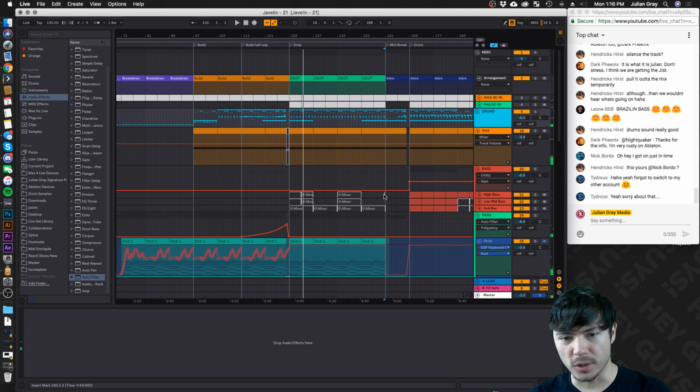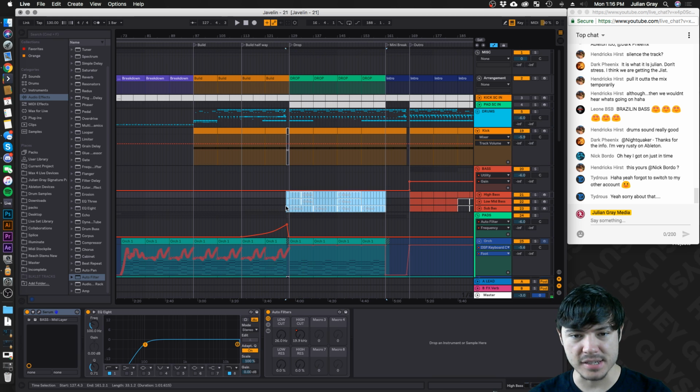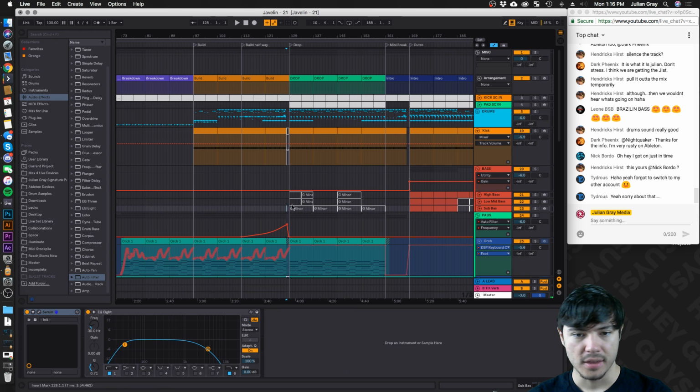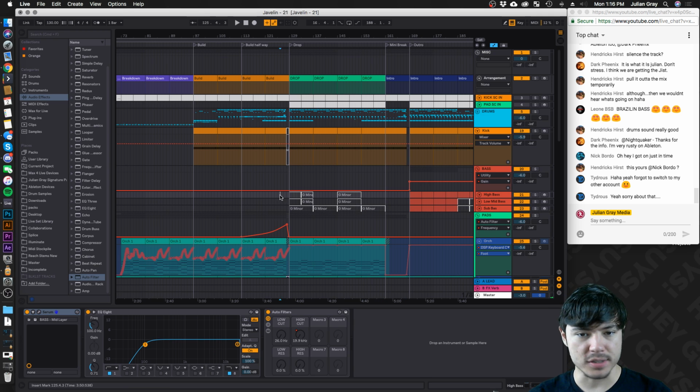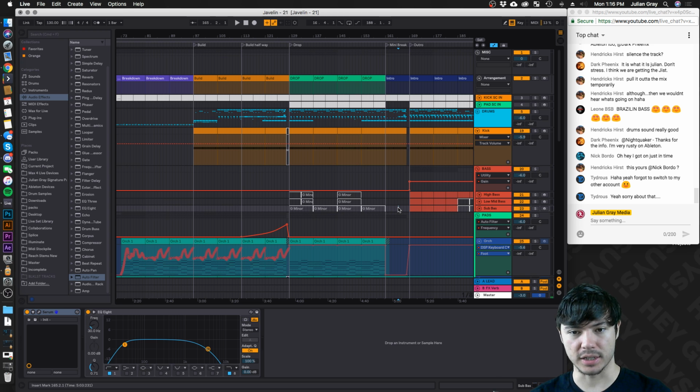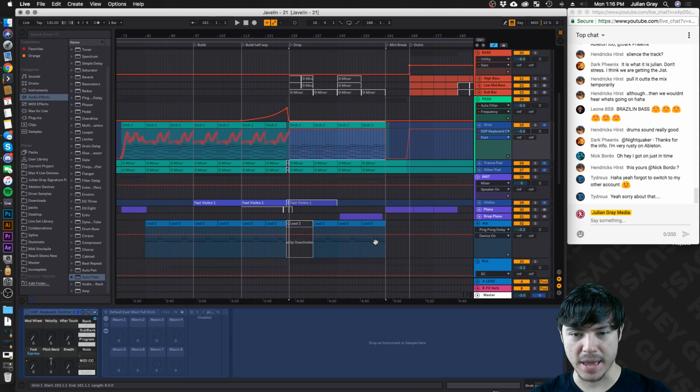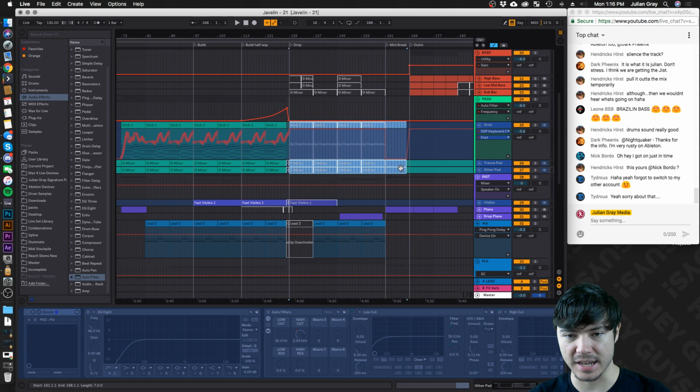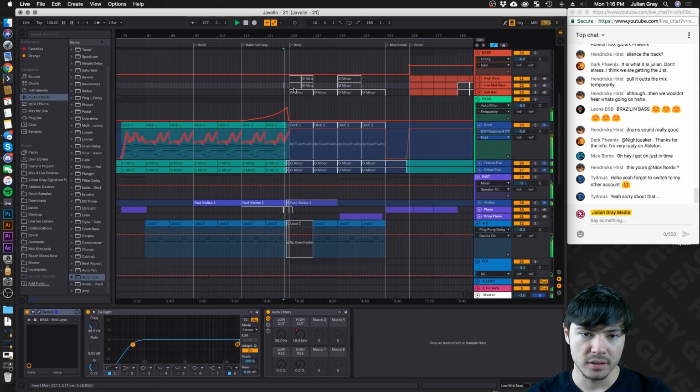I think something to work on here is to add some bass. I see that you're starting to do it. But to exaggerate this even more, I would go for a really gnarly bass sound right after this build instead of going back to these pads here, because when you go back to the pads, it's kind of like you're retreating.